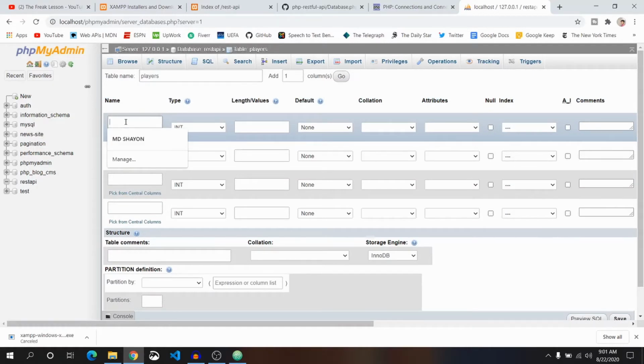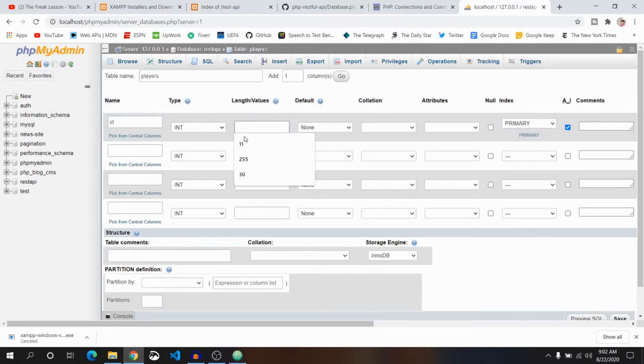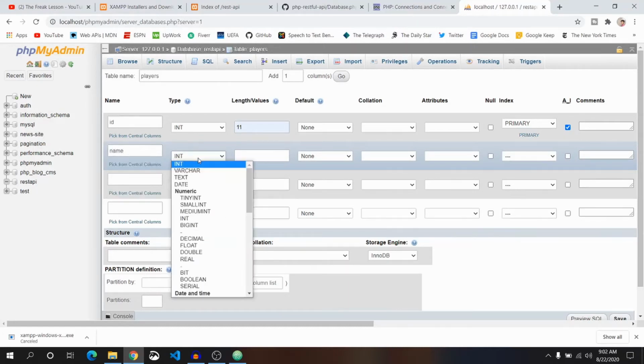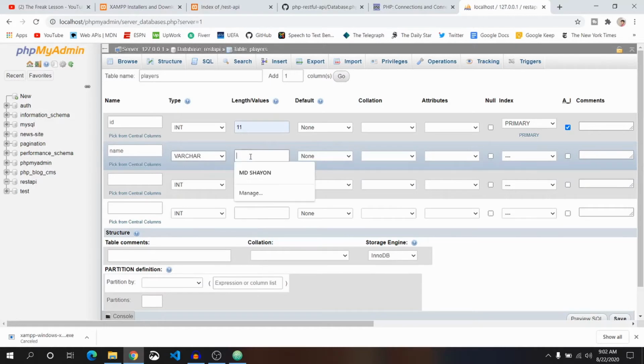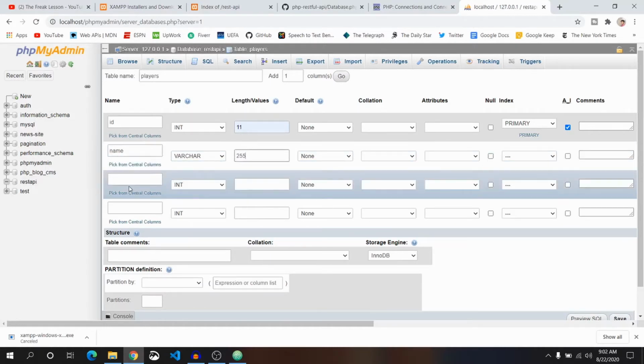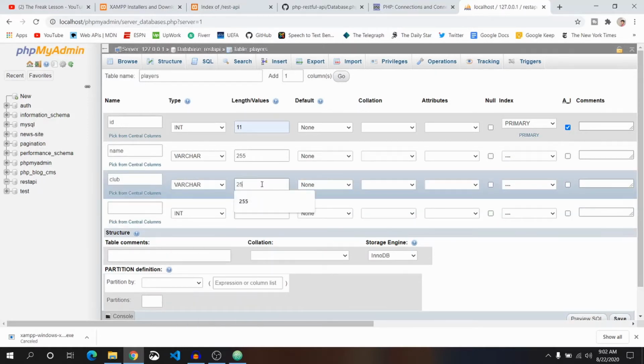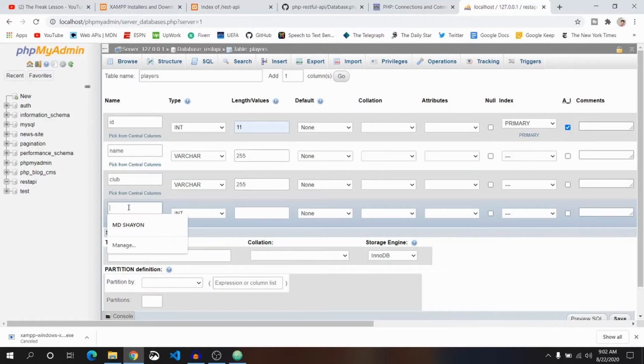First column will be ID. It is integer, but it will be auto incremented. Length will be 11. And the second one will be name. This one will be varchar, 255. Club, varchar, it is also varchar, and length of 255.